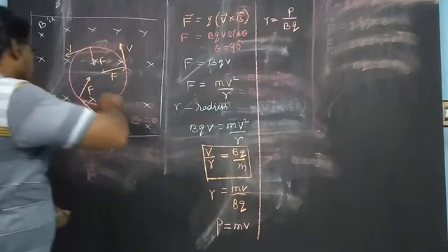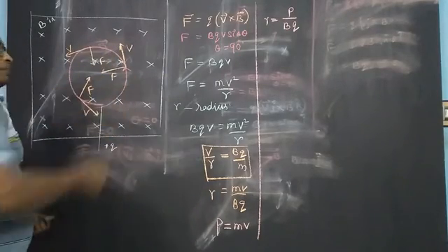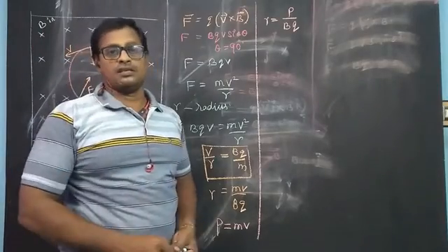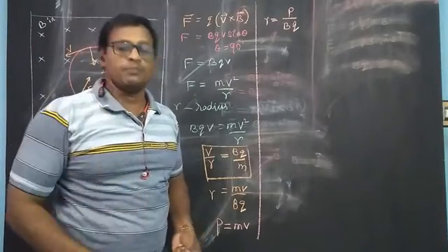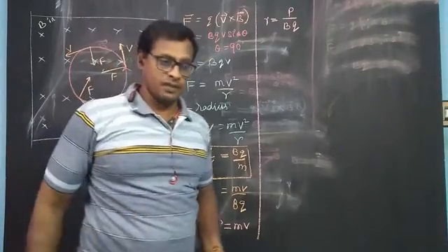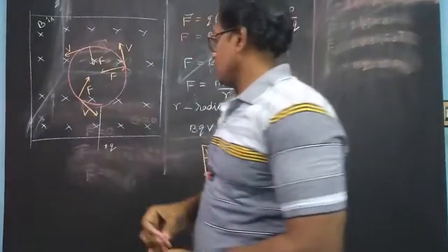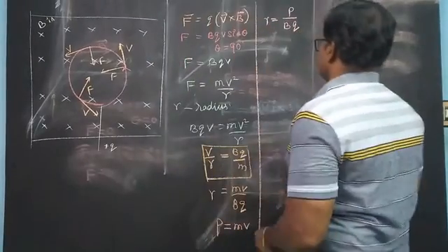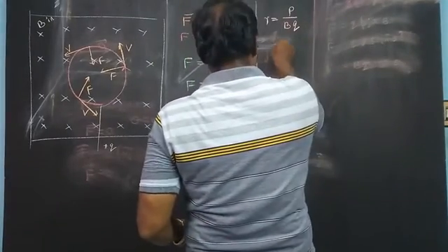If a particle is revolving in a circular path, we have to say what will be the frequency, what will be the time period, what will be the angular frequency. First, what is the time period? If we find the time period, we can find all of these. What is the time period? So the time period T is equal to